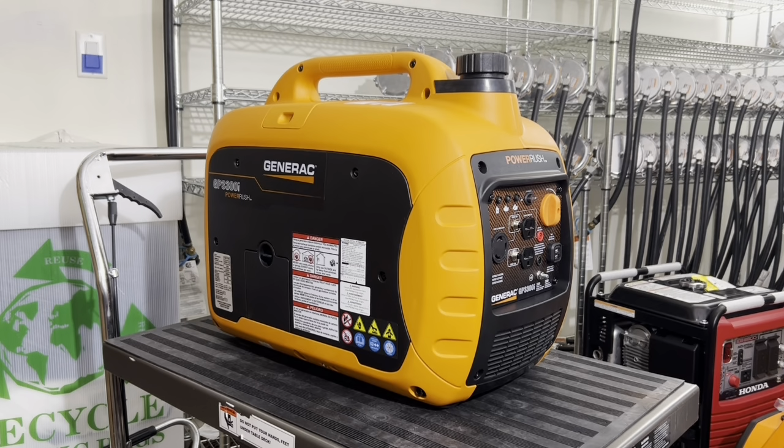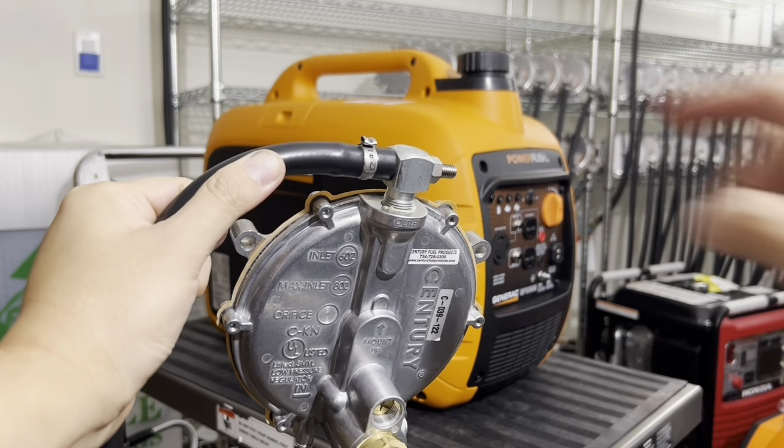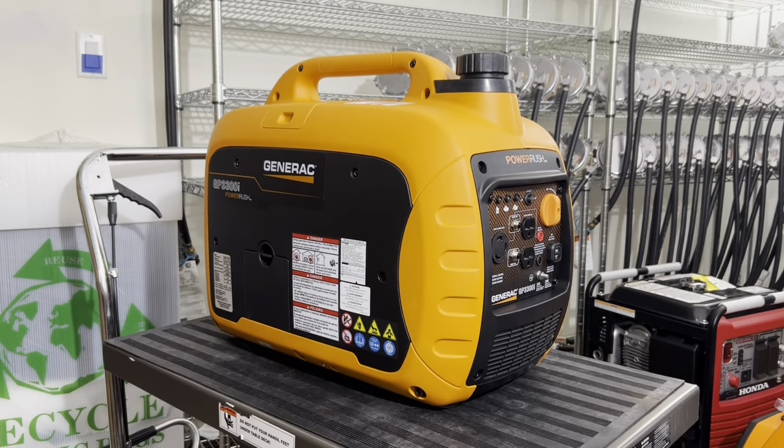You do not have to do anything with the low idle adjustment. You only do it here, okay? And if you're at 10,000 feet above sea level, you may want to adjust that some more, but I wouldn't go any more below 18 millimeters. And do remember that for every 1,000 feet, I believe, my math could be wrong, but every 1,000 feet